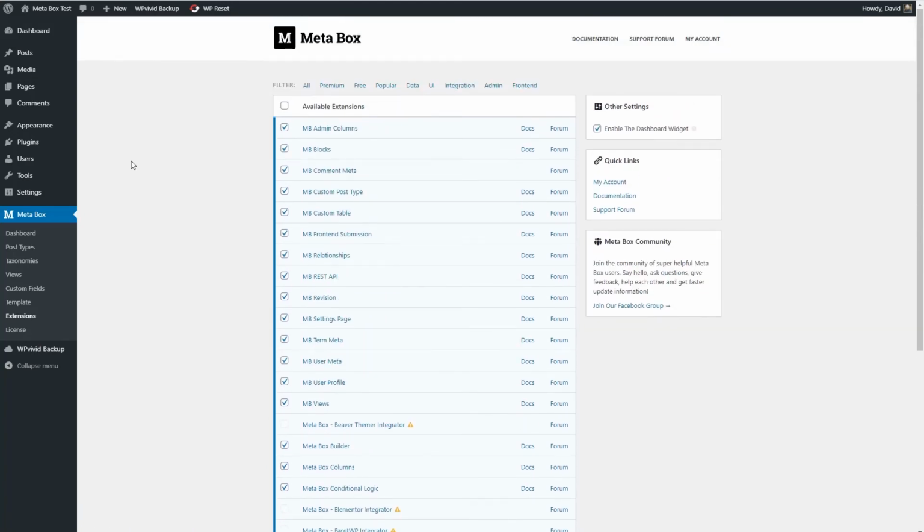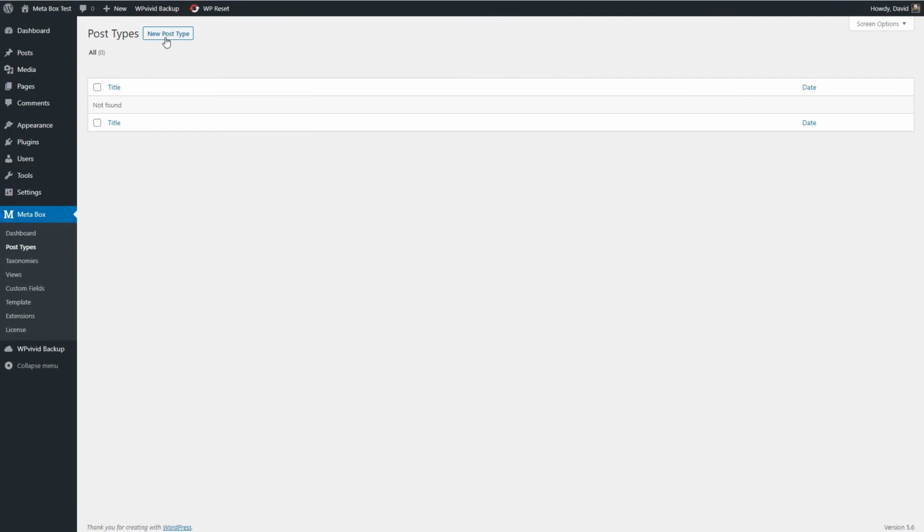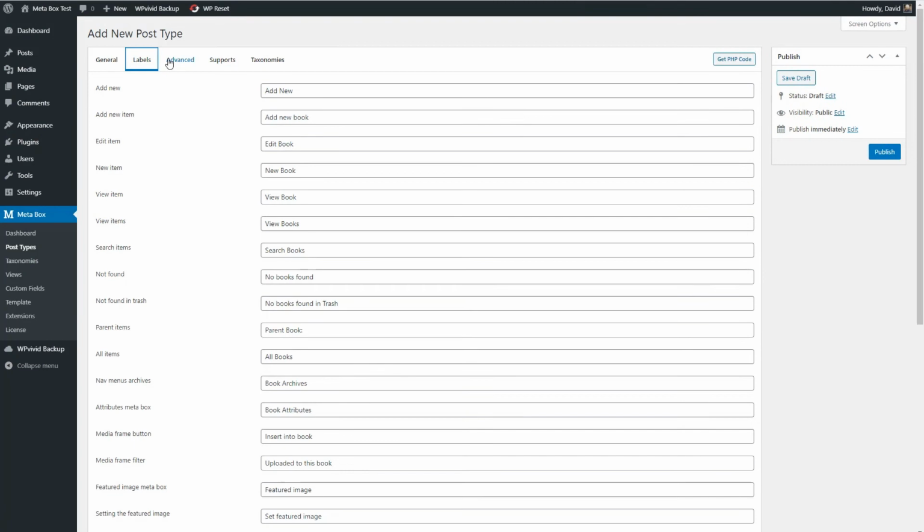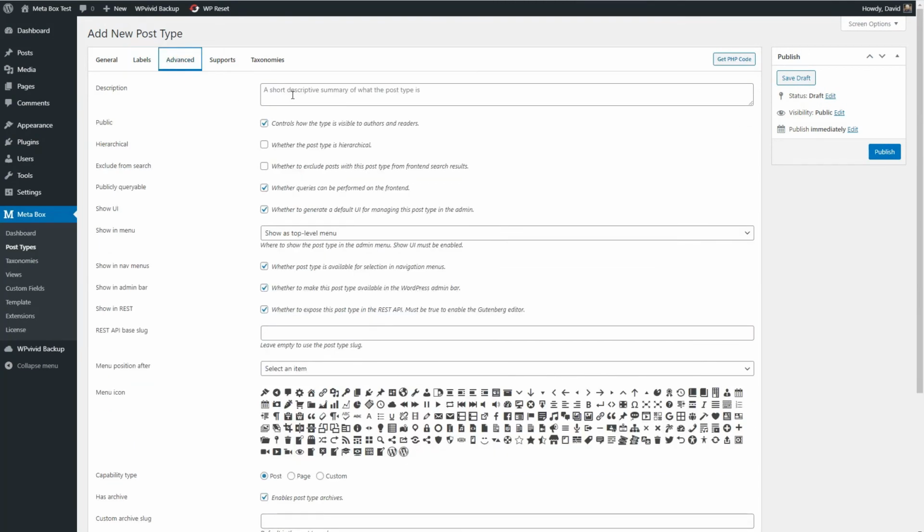All right, so now let's go through the same process again and see what's different when we use the premium version. We go to create a new custom post type, and these screens are going to be the exact same because it's the same as the free extension. But let's just run through it quickly. We're going to accept all the labels. We go to advanced,